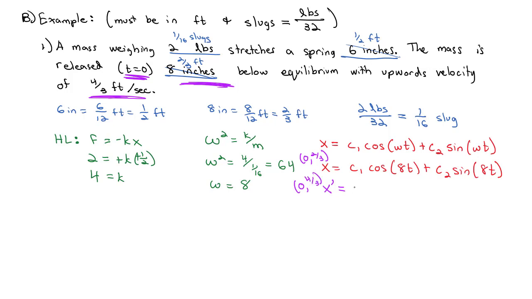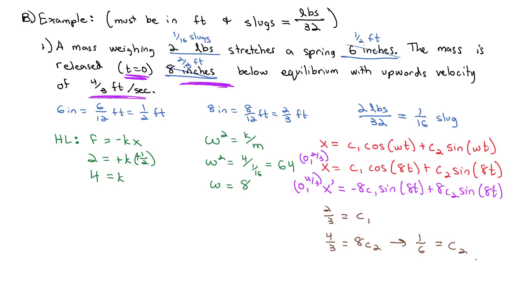So let's find that derivative. That's negative 8 c1 sine of 8t plus 8 c2 cosine of 8t. And if we plug in those values, first into the regular x, at 0, 2/3 gives us 2/3 equals c1, because the cosine of 0 is 1 and the sine of 0 is 0. And from the second equation, 4/3 equals 8c2. And if I divide by 8, we get 4 over 24, which reduces to 1/6,